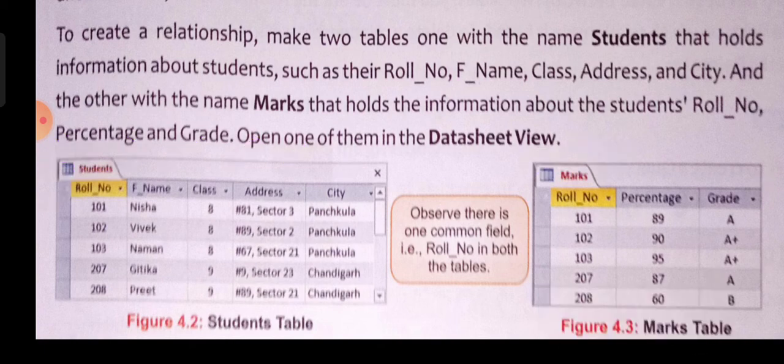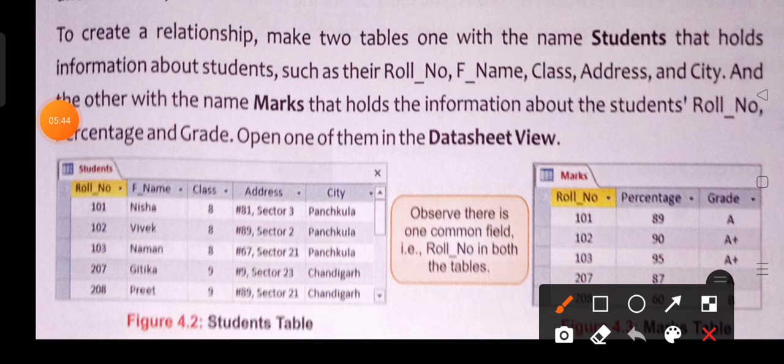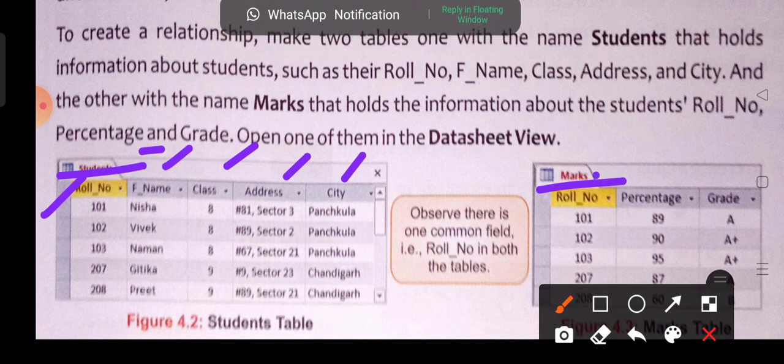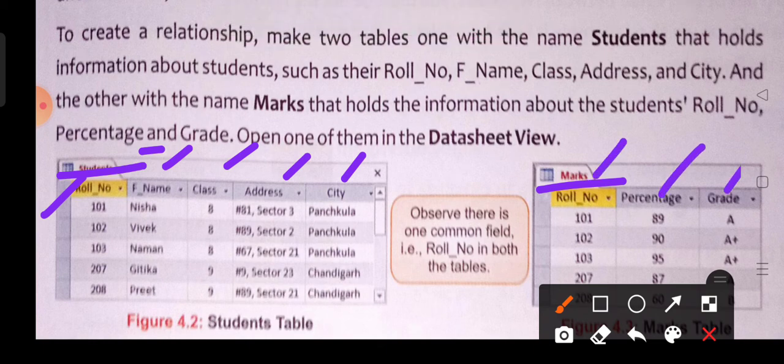But wait, again I am showing you. The first table name is students, and the second table name is marks. In the student table we have roll number, father's name, class, address, city. In the marks table we have roll number, percentage and grade. So which field is common there? This roll number field is common.